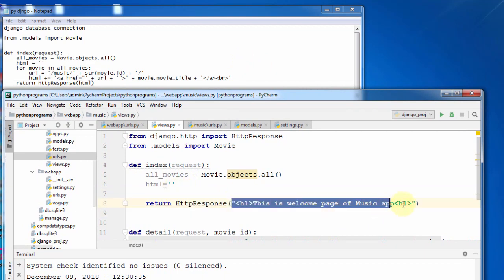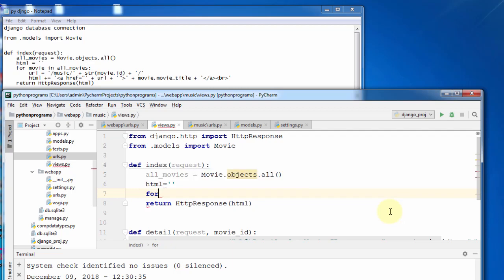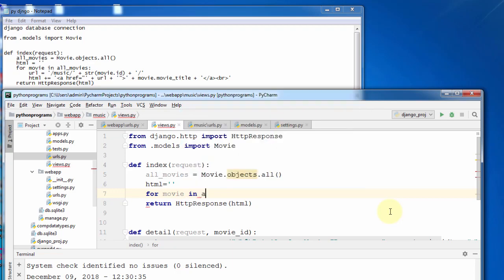So I want to eliminate this, and I represent here the HTML tag with an initial value for movie. I want to list all the movies, the list of albums and movies. I have to write movie in all_movies, where this object will acquire all the objects of the movies which are available in that particular table. It will get them. I am iterating that